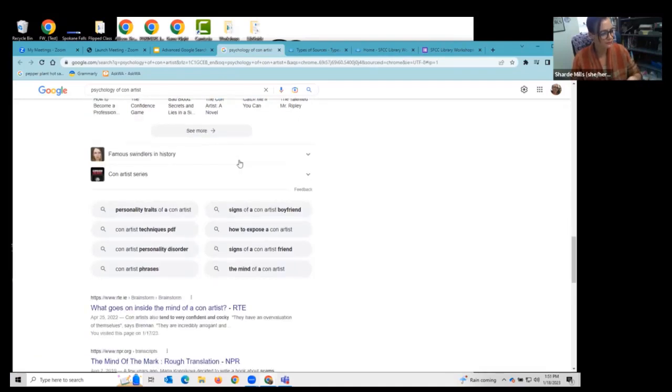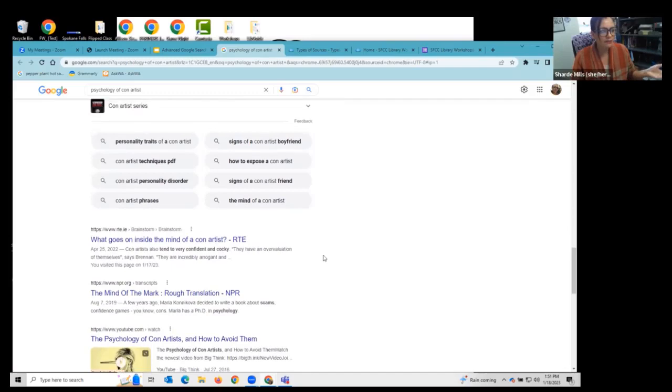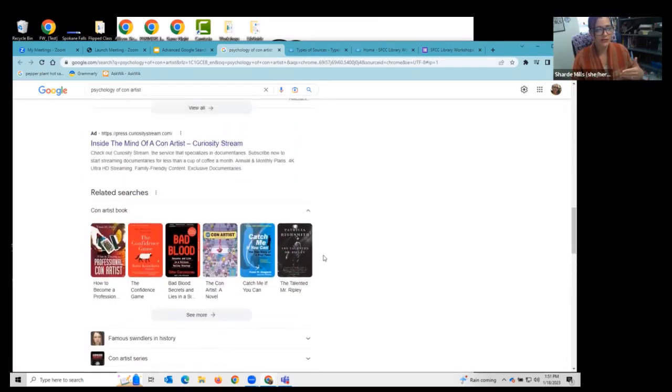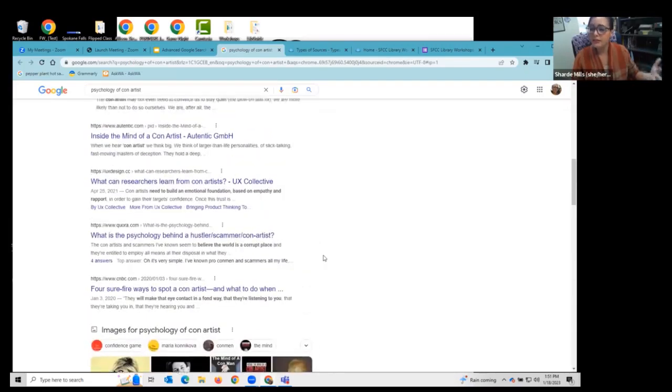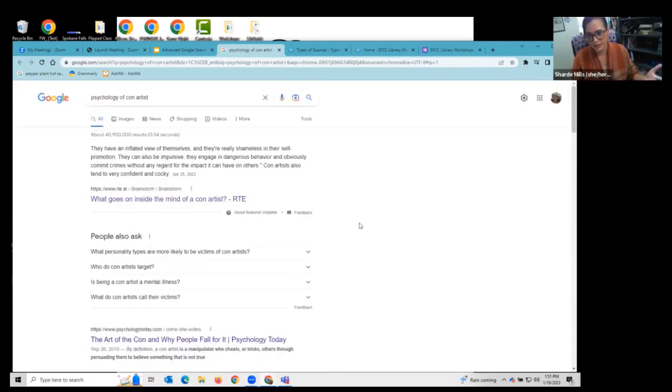But I can take this and use that as a jumping off platform. I can also see here that I have a source coming from NPR, which obviously is very familiar for me. I know that that might be a little bit more credible considering that we view it as maybe having a little less bias. It's a news source that definitely goes through that process of vetting that information. But of course, I need to vet that individual source.